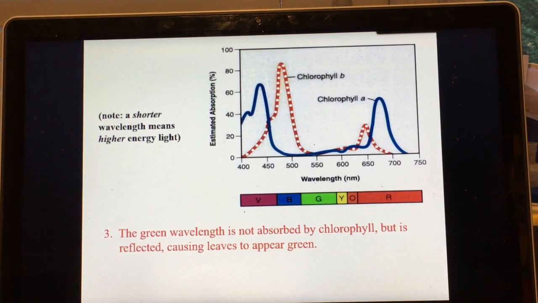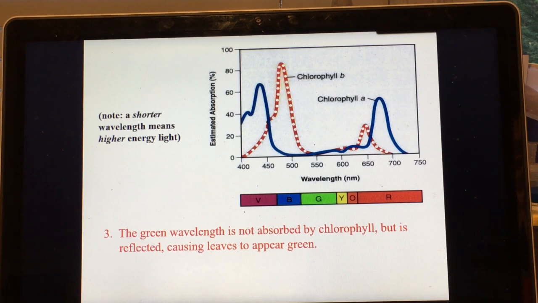If you look at this graph, it shows the wavelengths that chlorophyll A versus chlorophyll B absorb. Of course, there is some overlap, and they do absorb wavelengths within a similar range, but they're not exactly the same. Chlorophyll B kind of peaks around 500 nanometers, whereas chlorophyll A peaks at around 425, maybe 450-ish. These different chlorophyll molecules have a slightly different role, and we'll get into that a little bit more in the next video. But by having both types of chlorophyll, more energy can be absorbed because they absorb waves in